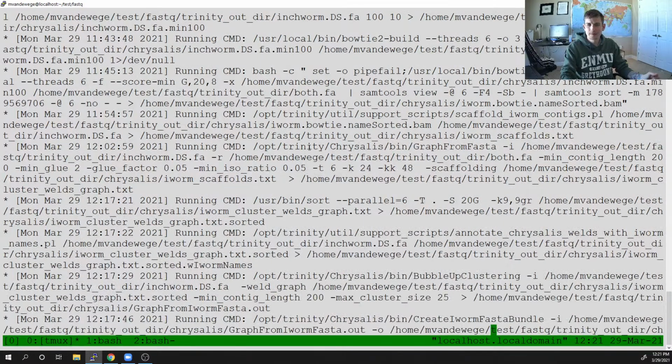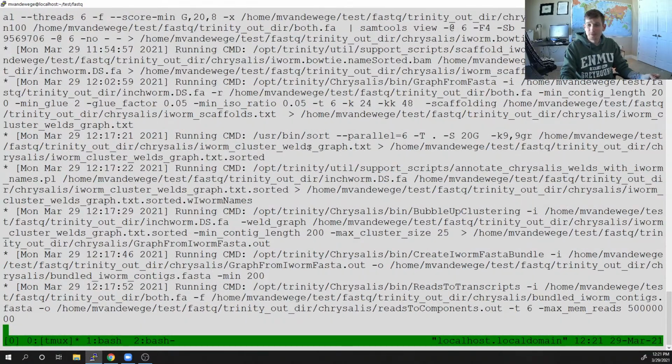So I'm still in Chrysalis, and that's where I'm going to be for a while. I'm just going to let this run. On Wednesday, we'll look at the output of this file. If you want to construct your transcriptome assembly while we're waiting, feel free to, because once we have all those transcripts ready, we'll move on to the next steps of analysis,